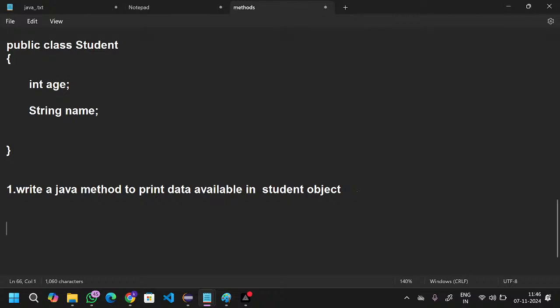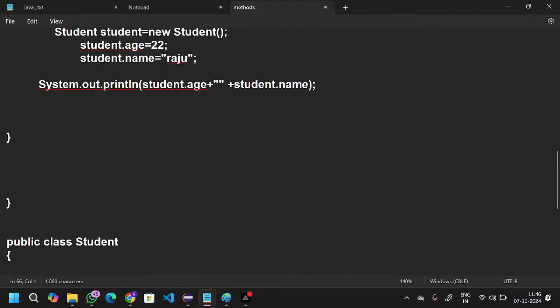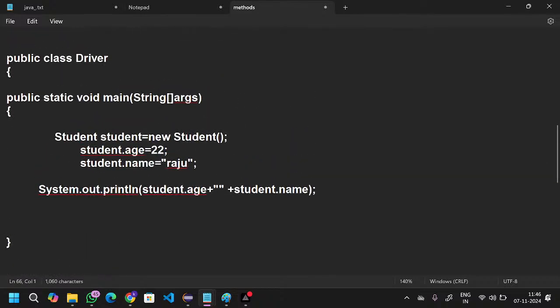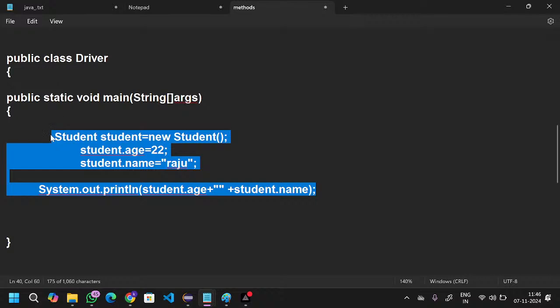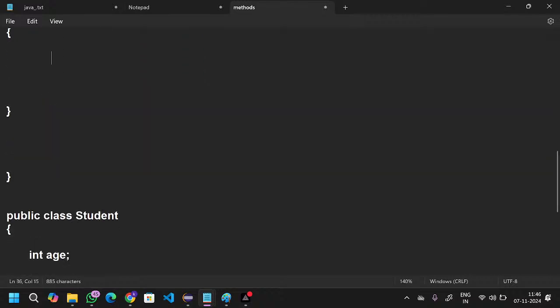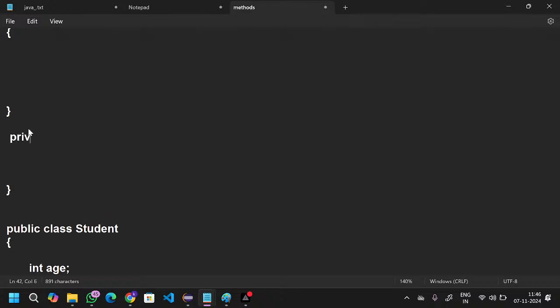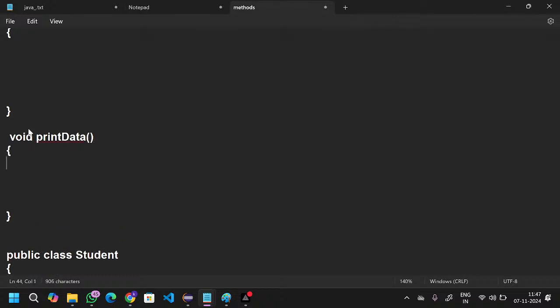So we have two classes. One is the student class, and the second one is the driver class. Now my requirement is to write a method. The method name is print data method. The method doesn't return anything. The method's purpose is to print the student